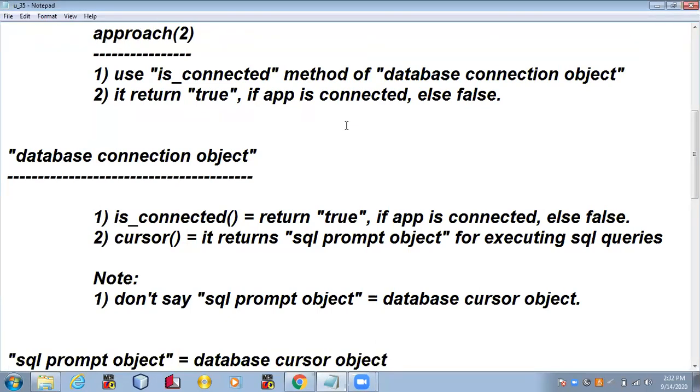When I say, shall I scroll down, either yes or no, please confirm. Yes, sir. Shall I scroll down? Yes, sir.